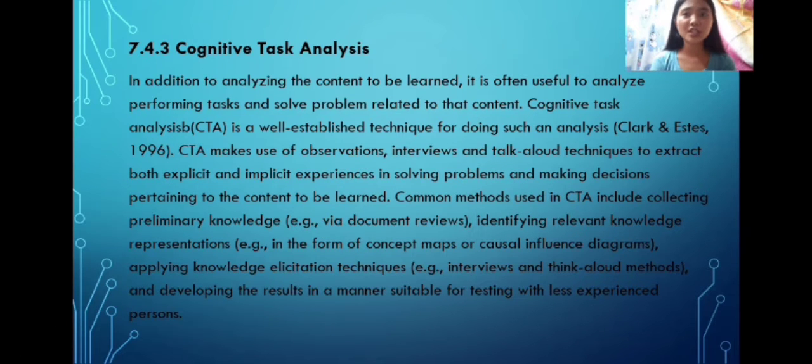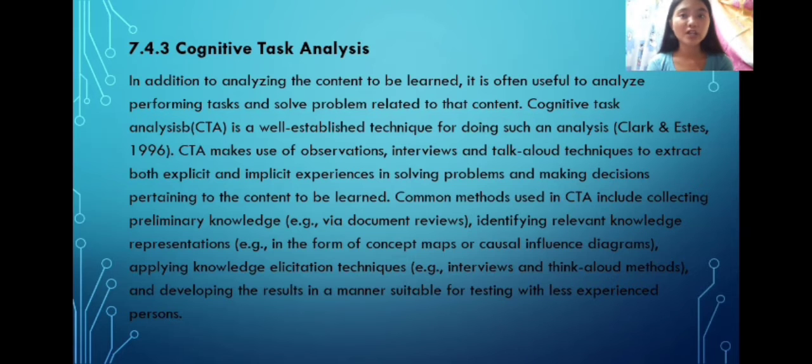And now, let's proceed to the cognitive task analysis. In addition to analyzing the content to be learned, it is often useful to analyze performing tasks and solve problems related to that content. Cognitive task analysis is a well-established technique for doing such an analysis by Clark and Estes 1996.